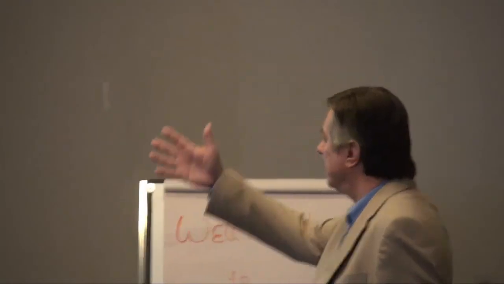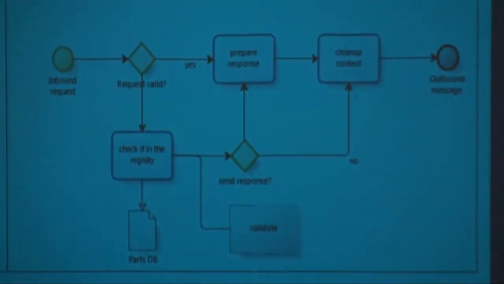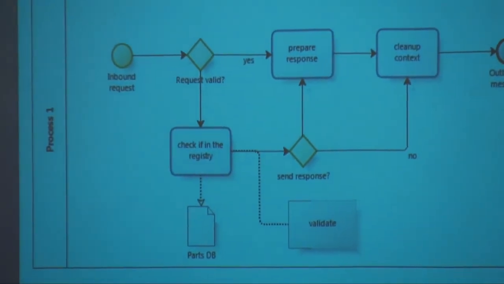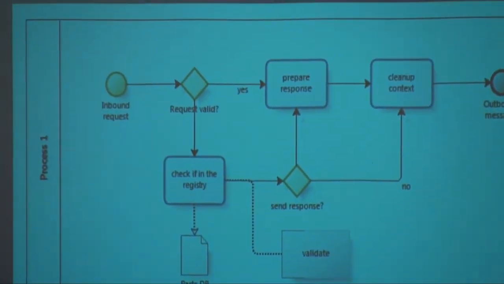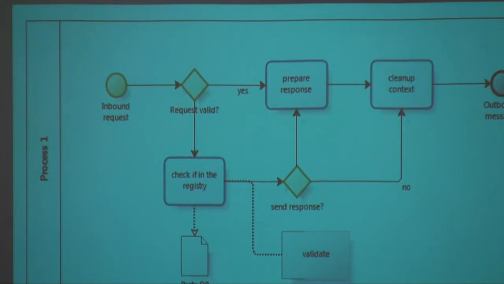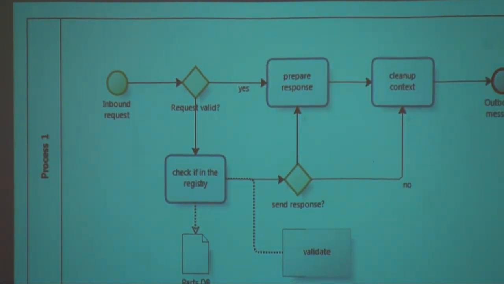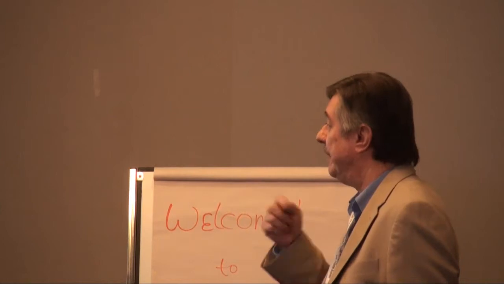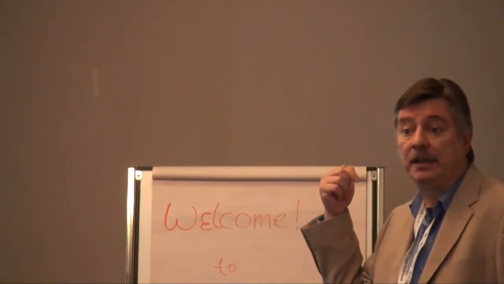So this is a diagram I did with Agile tool. This is a graphical representation of the business process. It's a very simple one. I didn't have that much space here to show. So there's an inbound request coming in. There's some checking done, and then we do some tasks. We do some validation, whatever, and then the outbound message goes back to the requester or to another service on